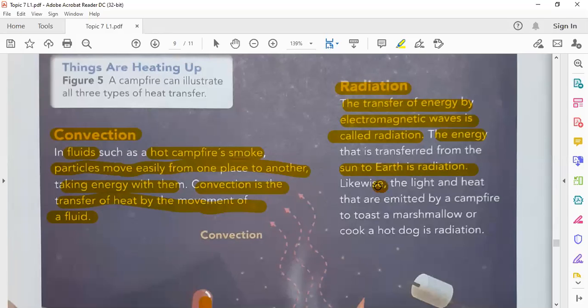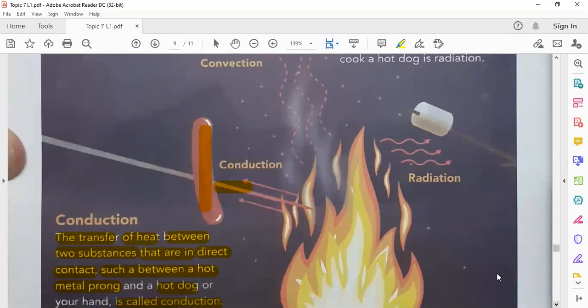Likewise, radiation can happen even not from the sun, not only from the sun to earth. The light and heat that are emitted by a campfire to toast a marshmallow or cook a hot dog is radiation. Also heat can move from the campfire to the toast through radiation. Yes, radiation not only by waves, convection. In this example, heat can move from the campfire to the marshmallow by convection and also